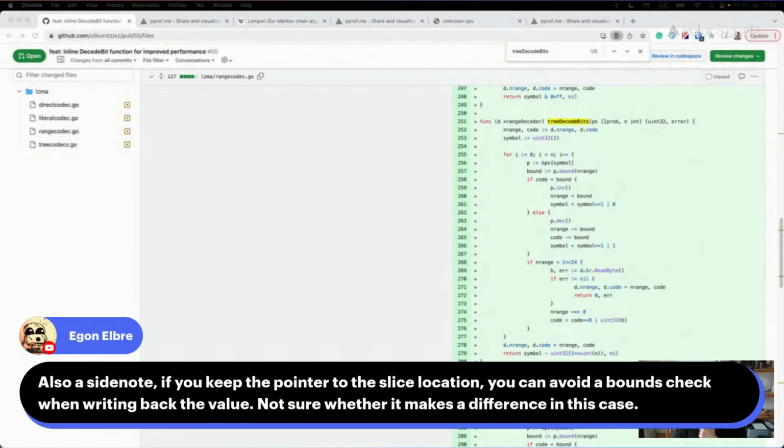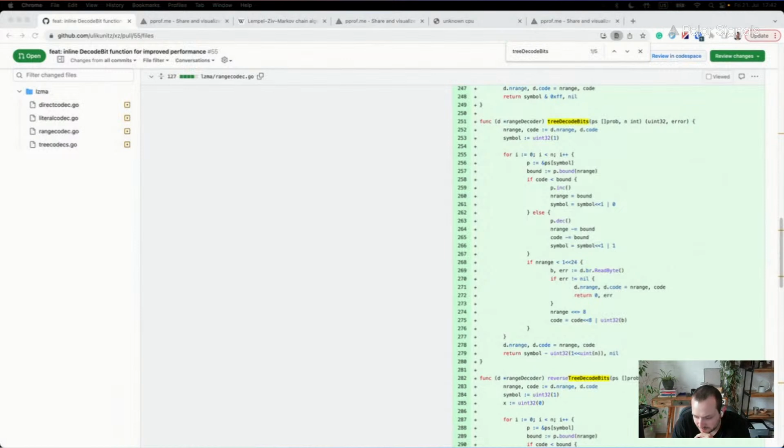Had another comment in chat from Egon. Also a side note, if you keep the pointer to the slice location, you can avoid a bounds check when writing back the value. Not sure whether it makes a difference in this case. Yeah, I think this is ultimately what